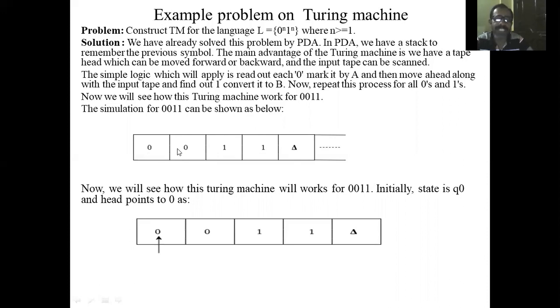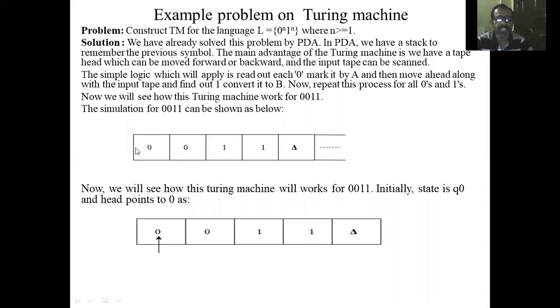After all zeros are replaced with the one particular symbol, verify whether all ones are replaced with the second type of symbol or not. If all ones are also replaced, then we say that the number of zeros and the number of ones are equal. Suppose all zeros are replaced but one or more 1s are left, then the number of zeros is not equal to the number of ones. Vice versa, we can check also. Then I'll start explaining this problem.